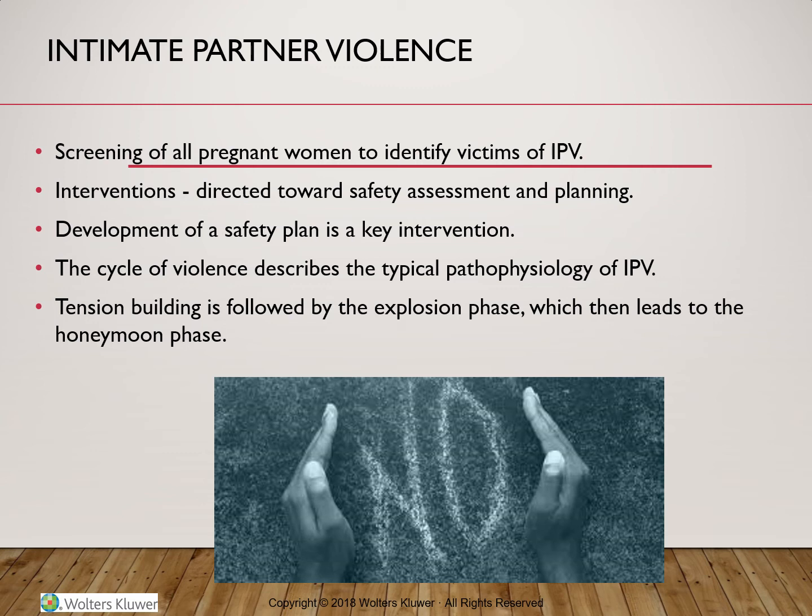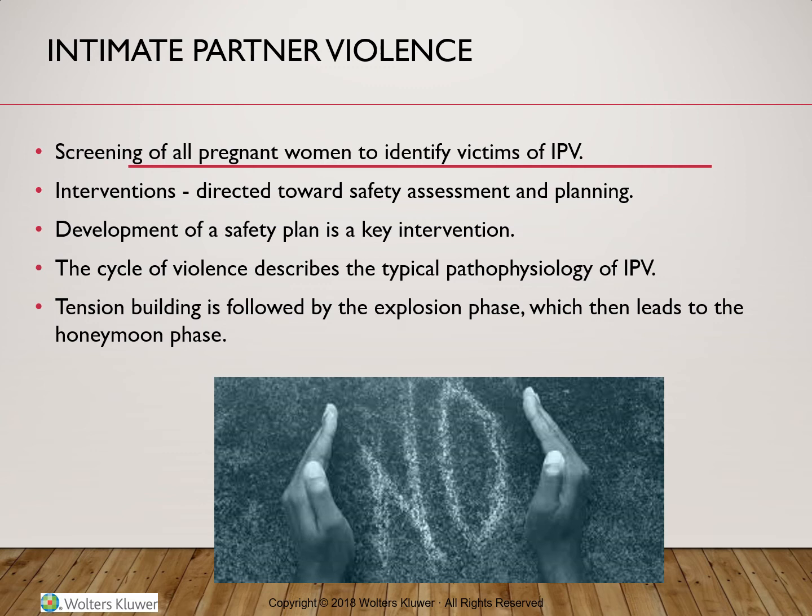Threatening or completing acts of violence against pets or children, destroying property of the intimate partner, or blaming the intimate partner for his or her violent outbursts. In terms of sexual acts of abuse, there is forcing the partner to watch or perform any sexual act against the partner's will.